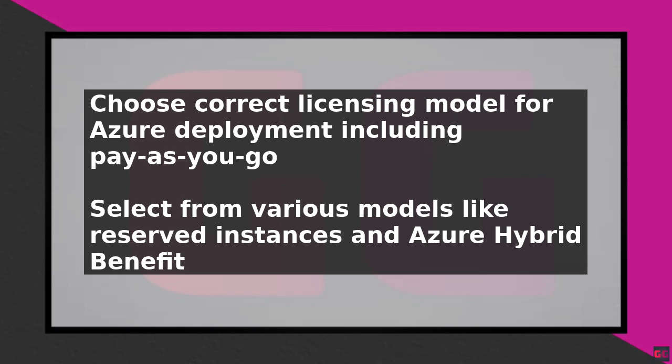To transfer a license to Azure, you need to follow these steps. Start by checking the eligibility of your license for transfer to Azure. Not all licenses are eligible for transfer, so it is essential to review the terms and conditions of your license agreement. If your license is eligible, the next step is to obtain a license key or a license file from